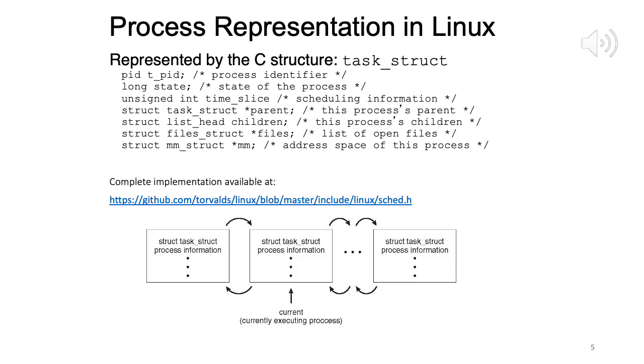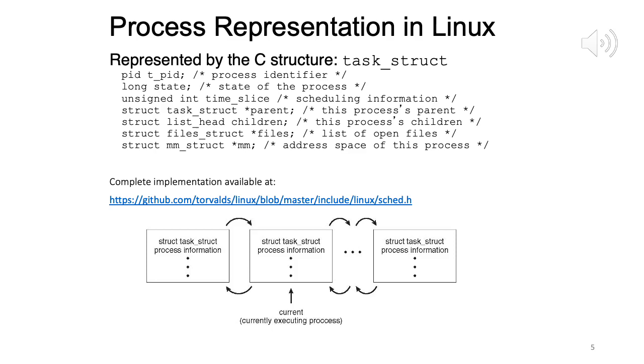So what are some of the real values in the PCB? So PID is 1, and you can note it's not an integer, which means they have defined their own data type for it. State of the process, which is a long variable, data type long, scheduling information, so time slice. So what happens in the round robin scheduling algorithm is each process gets the CPU for a fixed amount of time, after which the CPU is taken away from a process and given to another one. So you sort of go in a round robin way. So what is the value for that time slice?